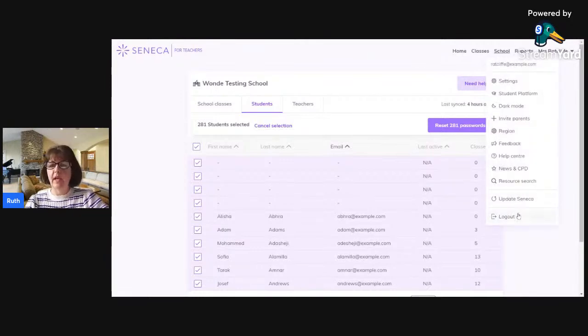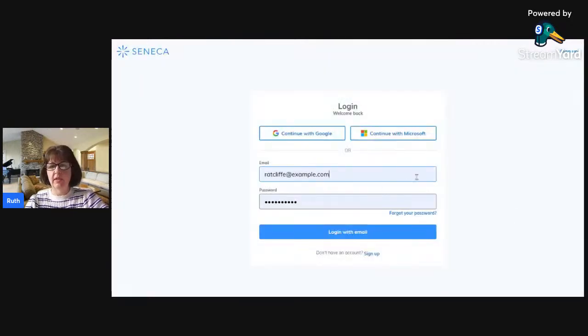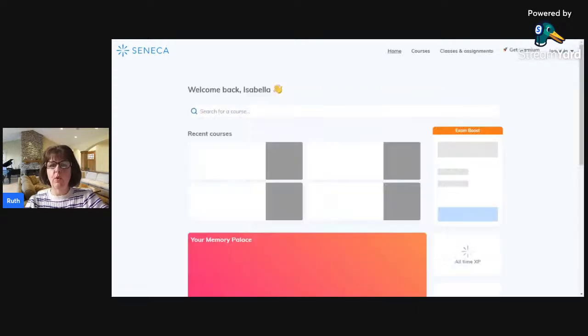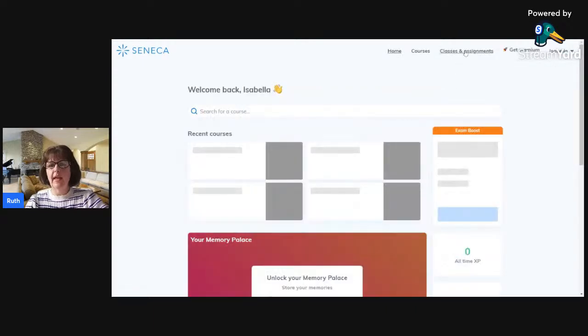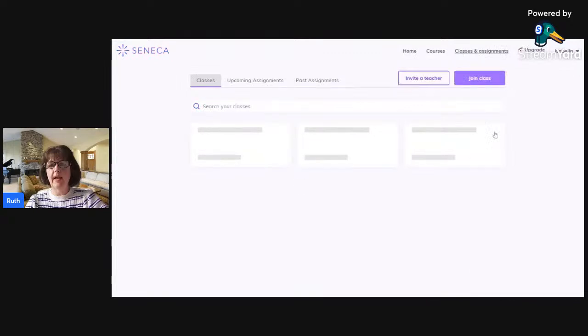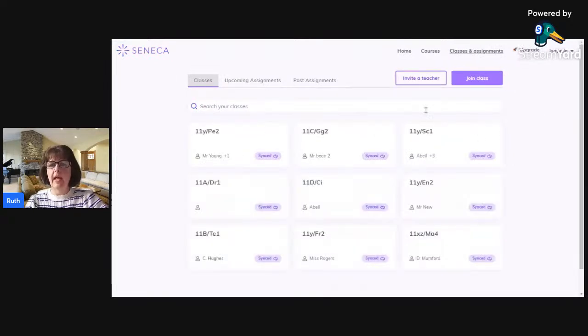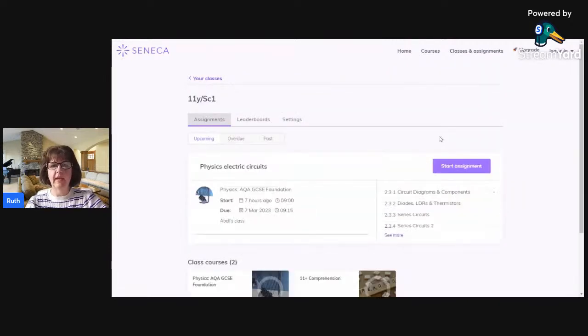And then if we go in as a student, students, when they log into their class, now that you are synced, will automatically see under their classes and assignments all of their school classes that they are joined to. And this means that when they click in any class, like this one here, they will automatically see any upcoming